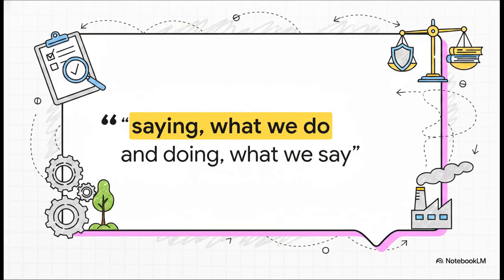There is a really powerful core philosophy pulled straight from Appendix B of the Quality Management System. It's simple: saying what we do and doing what we say. Now that might sound like a basic bumper sticker, but in the incredibly high-stakes world of environmental impact assessments, it carries massive ethical and legal weight. It totally prevents pencil whipping and ensures that these baseline surveys and elaborate resettlement plans aren't just works of fiction.